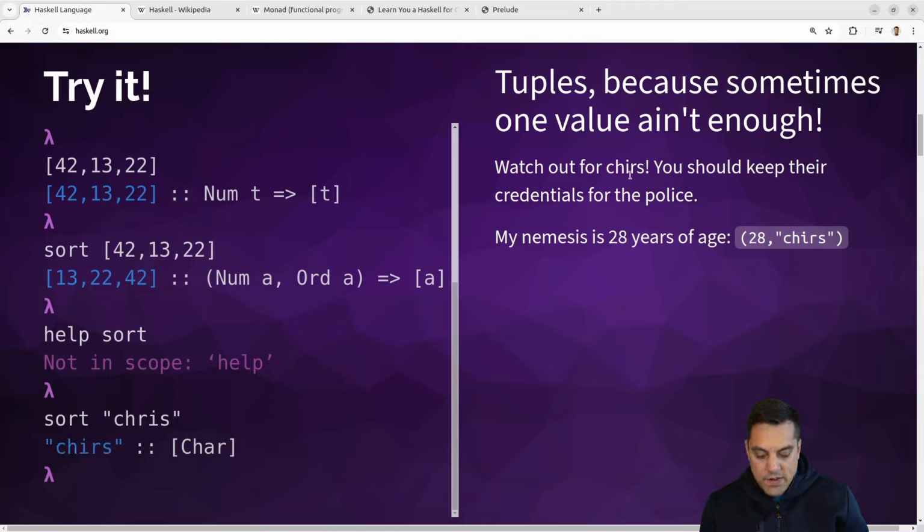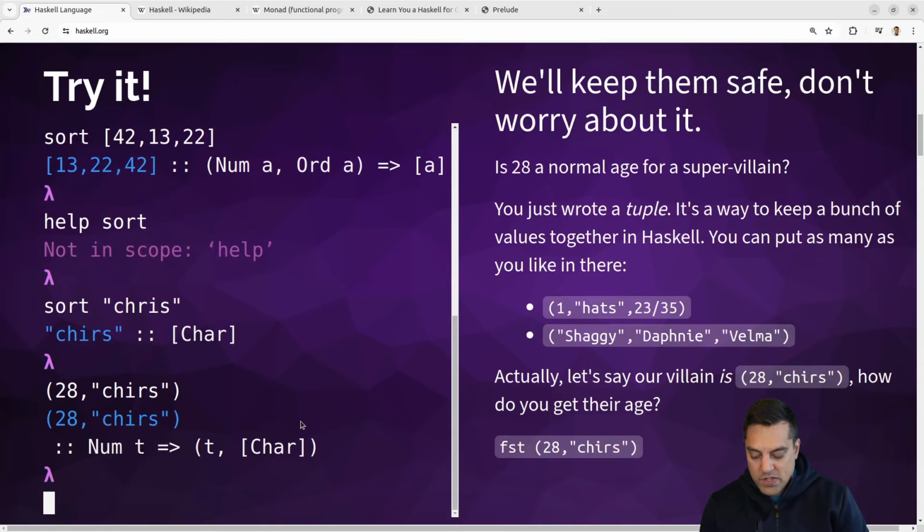Okay. Watch out for jurors. You should keep their credentials for the police. Okay. My nemesis is 28 years of age. Okay. 28. So we're building some sort of,